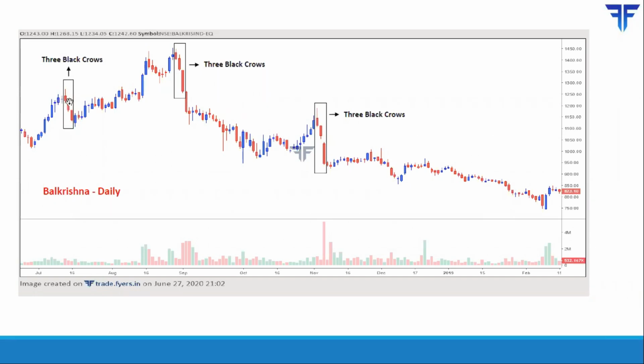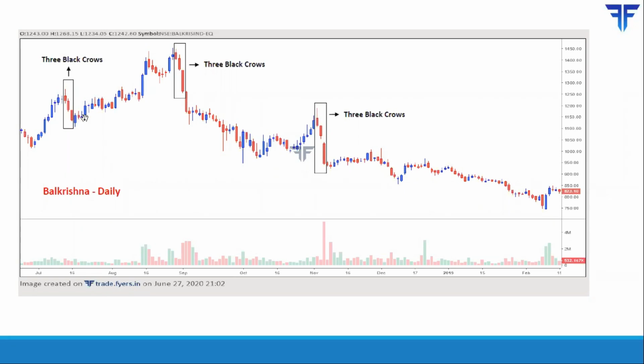As you can see, each of the candles had an opening that is below the high of the previous candle, and then each of the candles had a close that is below the low of the previous candle as well as near the session's low. So it technically qualified for a three black crows candlestick. Unfortunately, as you can see, once this pattern completed, the low of the third candle was broken. So you would have sold following the break of the low of the third candle.